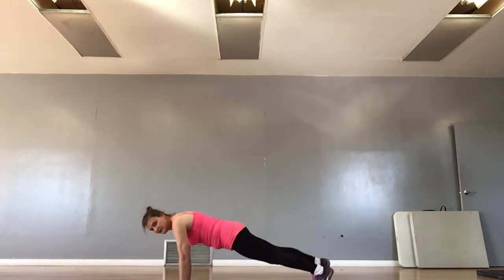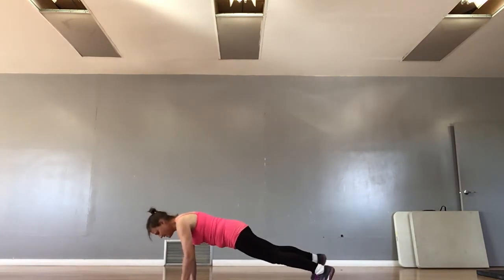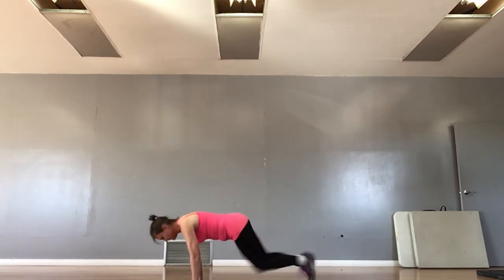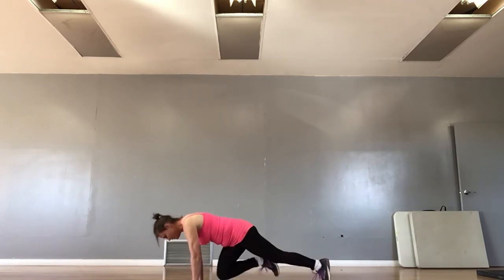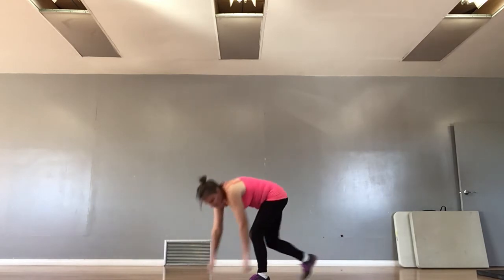Next exercise, we are going to do our good old-fashioned mountain climbers. Coming in high plank position, hands directly beneath shoulders, and we're going to go as fast as we can for 30 seconds. Third exercise, jumping jacks. 30 seconds, jumping jacks. Modification,